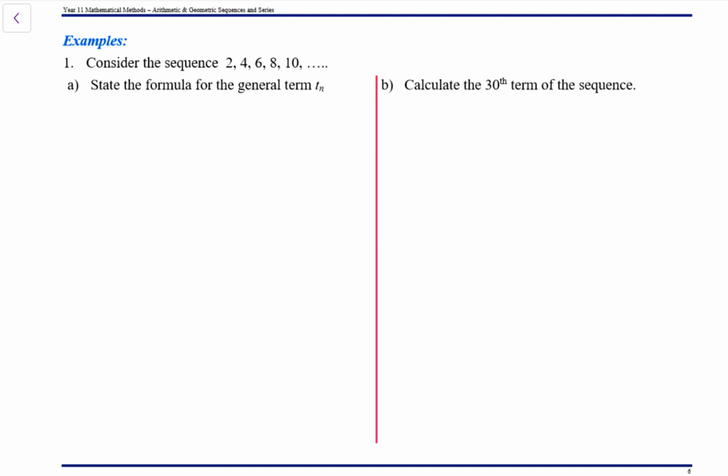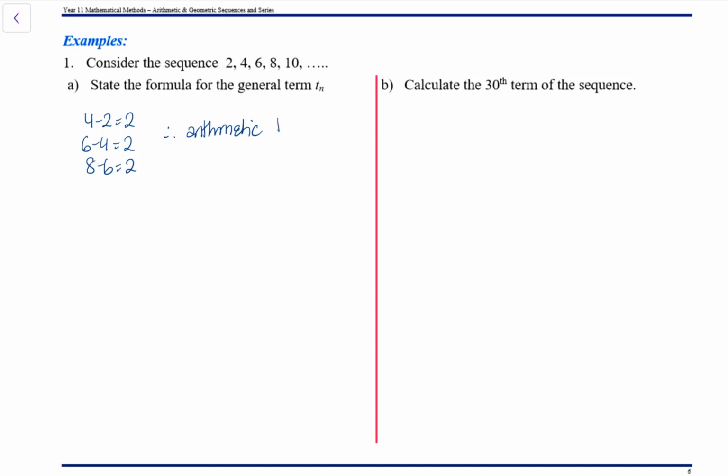So let's look at some examples. Consider the sequence 2, 4, 6, 8, 10. State the formula for the general term t of n. Our first step is: is it arithmetic or is it geometric? We need to decide, are we multiplying or are we adding? If I go 4 minus 2, I get 2. If I go 6 minus 4, I get 2. 8 minus 6, I get 2. So therefore it's arithmetic